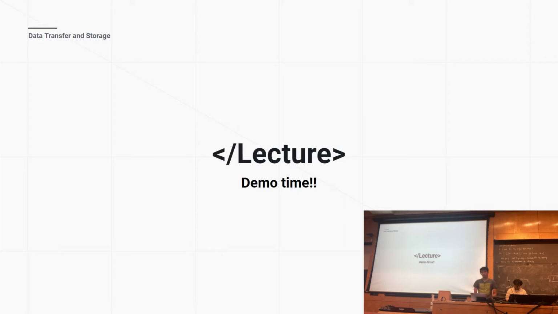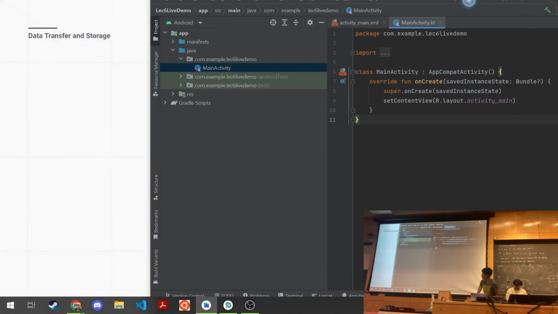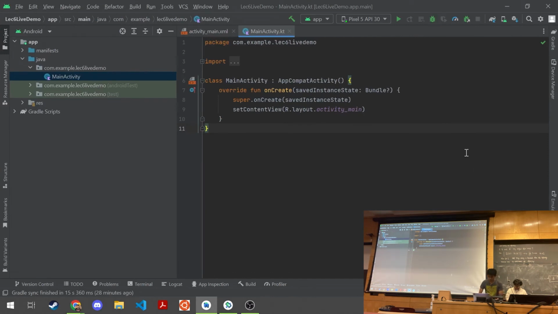Specifically, this backend will be able to take in a word and actually give you the definition of that word. And so we're making a sort of dictionary definition app, if you will. I'll drag my Android Studio over.